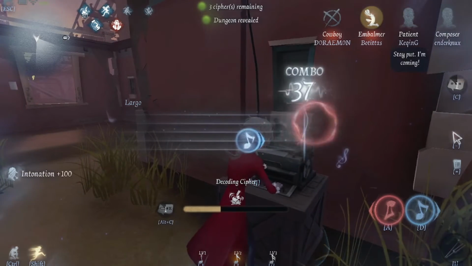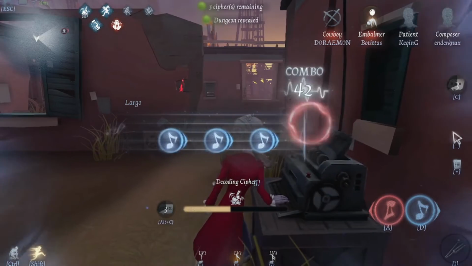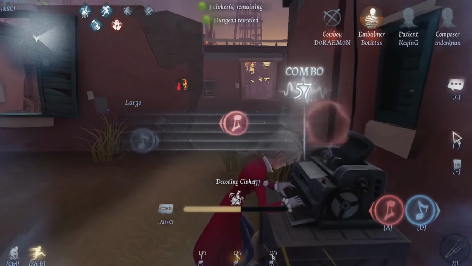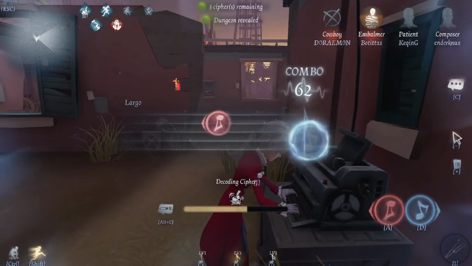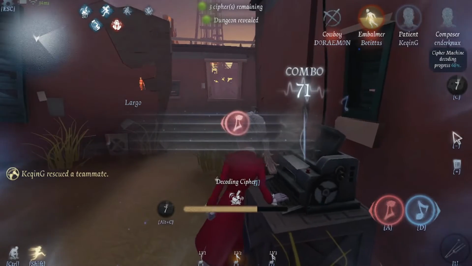But of course, there is a lot of lenience with Composer specifically, because when you're decoding, it is very hard to ping. What I recommend is wait till there's gaps in the songs. Like I said before, he only has 2 songs and you can set it to only play one of them. So, if you just get used to when there's going to be gaps in the songs, ping during those gaps, because those are what are going to make your teammates trust you as a Composer, I feel like,